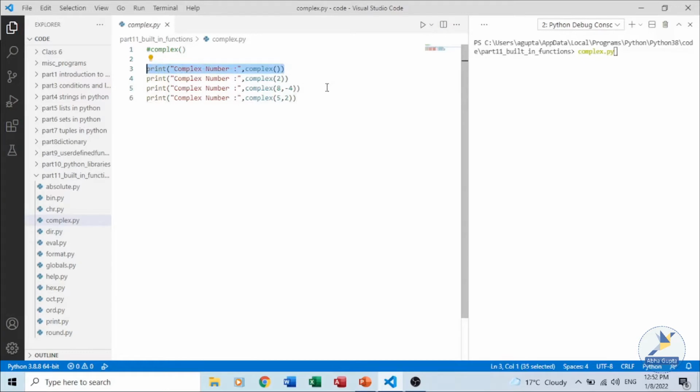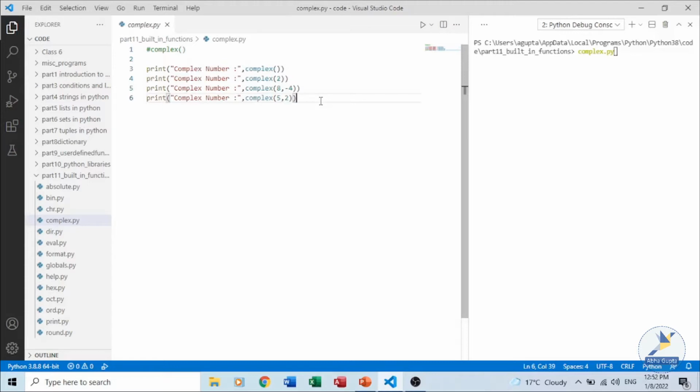Then in the second one, we are providing only one argument, and in the third and fourth, there are two arguments. So either the real or the imaginary number can be omitted, or both of them can be provided. If one of them is not present, then a 0 is assigned in its place, and the result is printed in the form of a complex number.